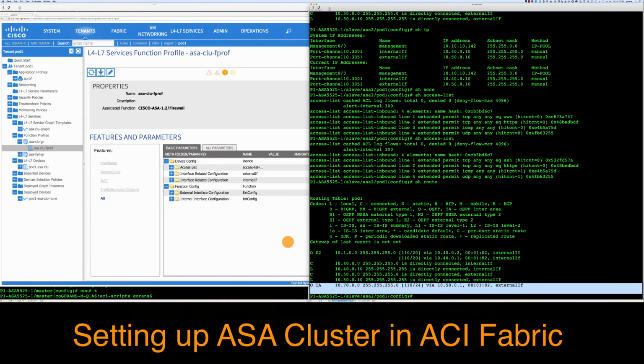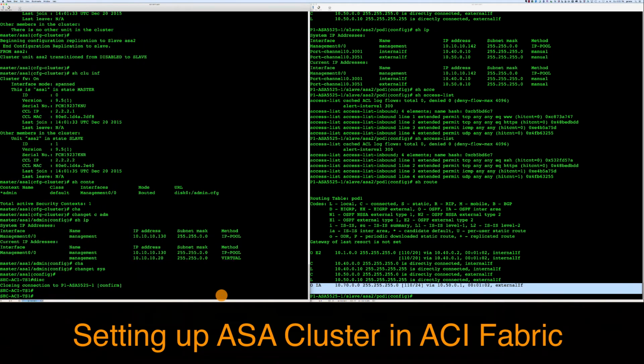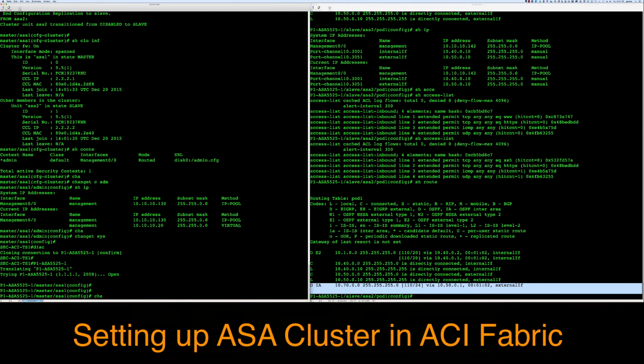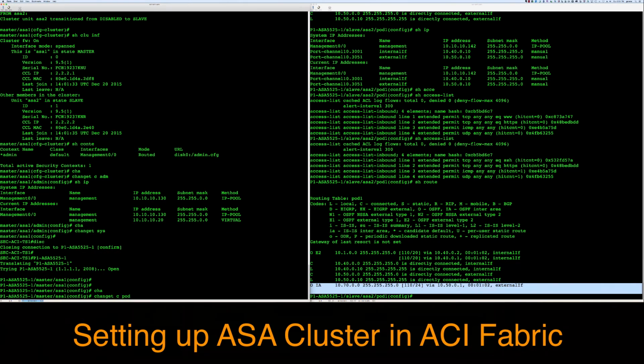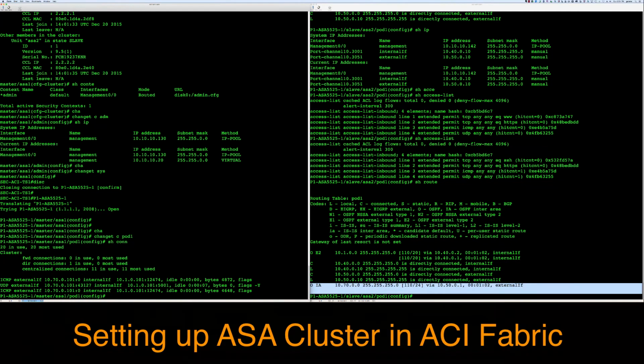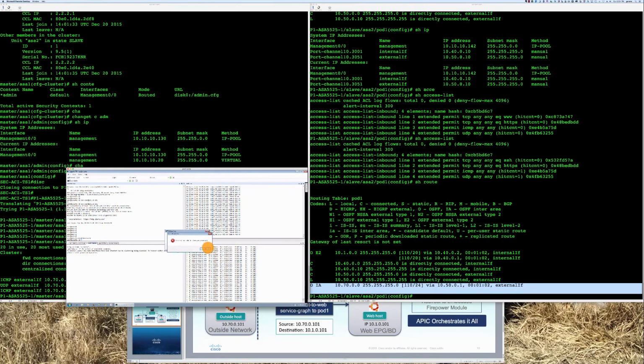So with that, I can now go into my master as well and change into the pod 1 context. I see the same information, and I basically have some connectivity already in place. So if I look at my example connections here, I have some connectivity